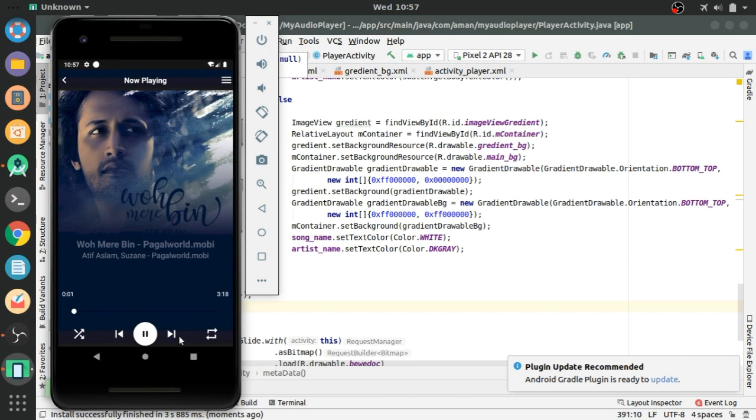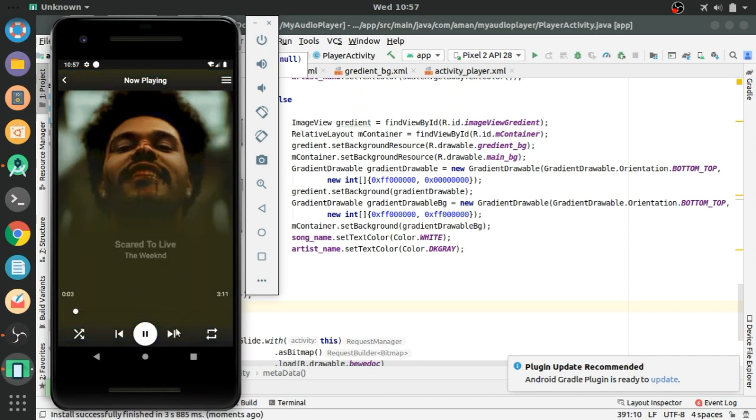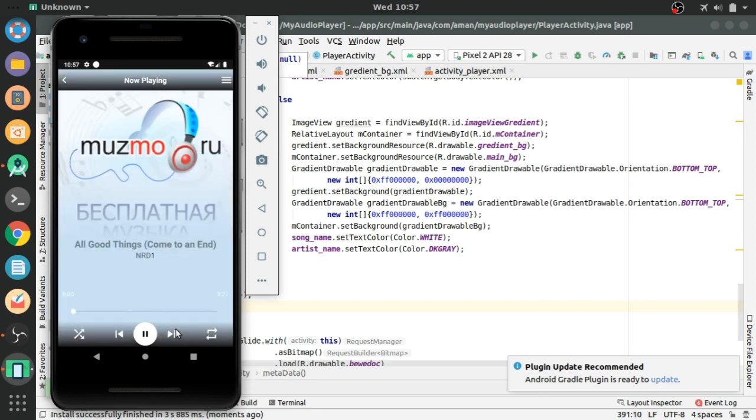You can see the gradient is looking good now. As you can see, everything is looking good.